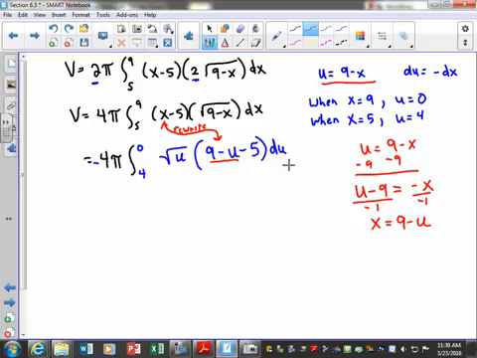Okay, now let's just simplify that. Actually, we're also going to do something else. What about these two? This one's 0 and this one's 4. What can I do with these if I want to switch them? Yeah, I pull a negative out. What will that make this become? A positive, right? So then that would be positive 4 pi, and I'm going to put this in red so we can see that we switched it. So from 0 to 4,